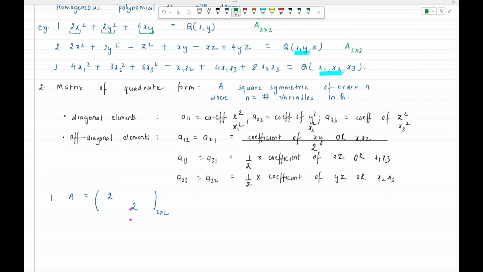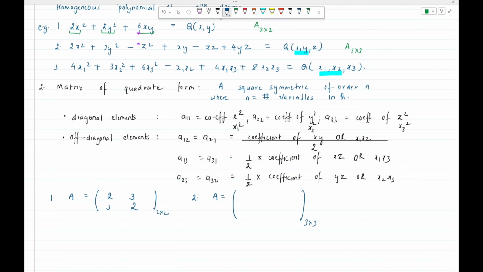So it is going to give us the A12 entry. And since the coefficient is 6, we are going to split it into two parts. So we are going to write 3 in A12 and another 3 in A21. Now likewise, if we talk about the second quadratic form, now since there are three variables x, y and z,